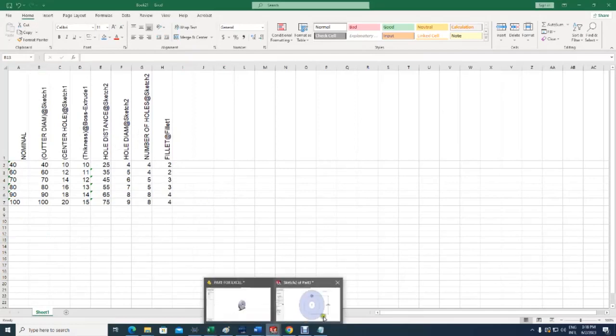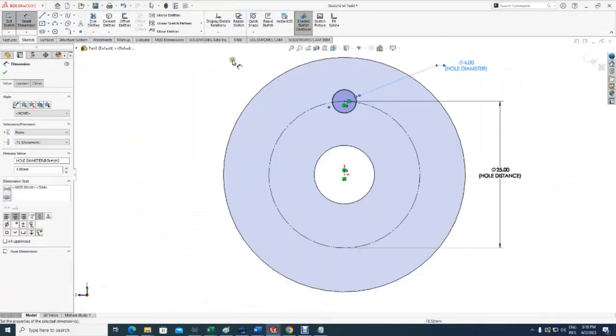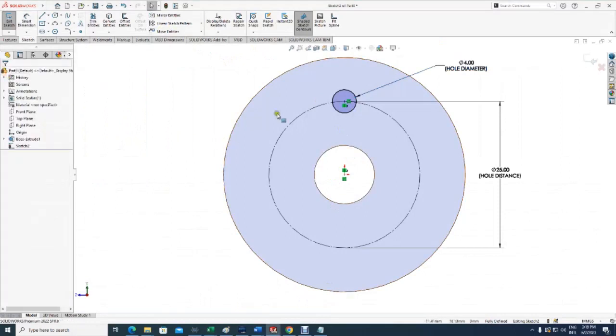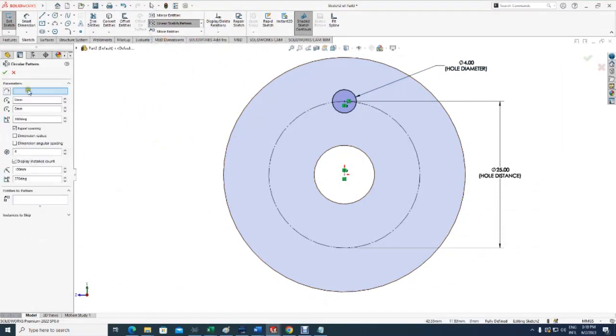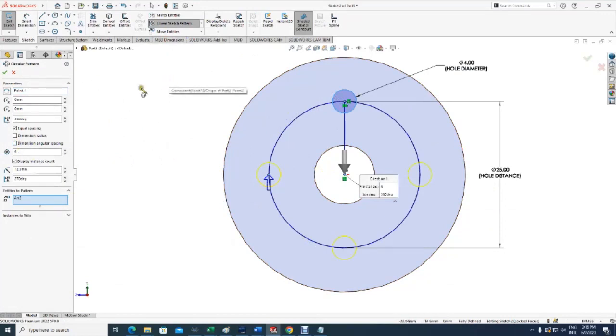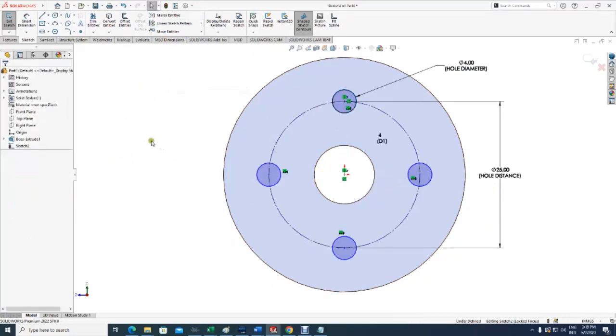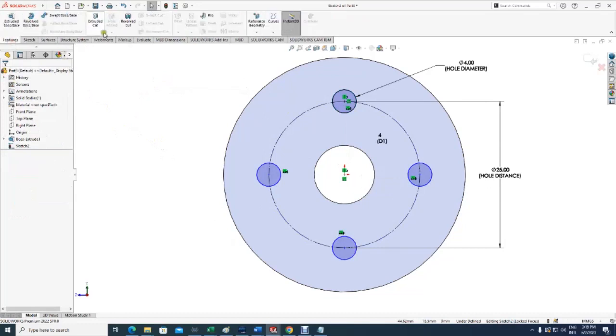So let's go back to my SolidWorks, and here let's say we accept this, and now let's say that we're gonna do a circular pattern, and we're gonna pick this center, and what we're gonna copy is this guy. So I got the 4 holes there, which is kind of the standard. That will do. Anything else here? Nope. That will do. Now the next thing is do the extruded cut, and